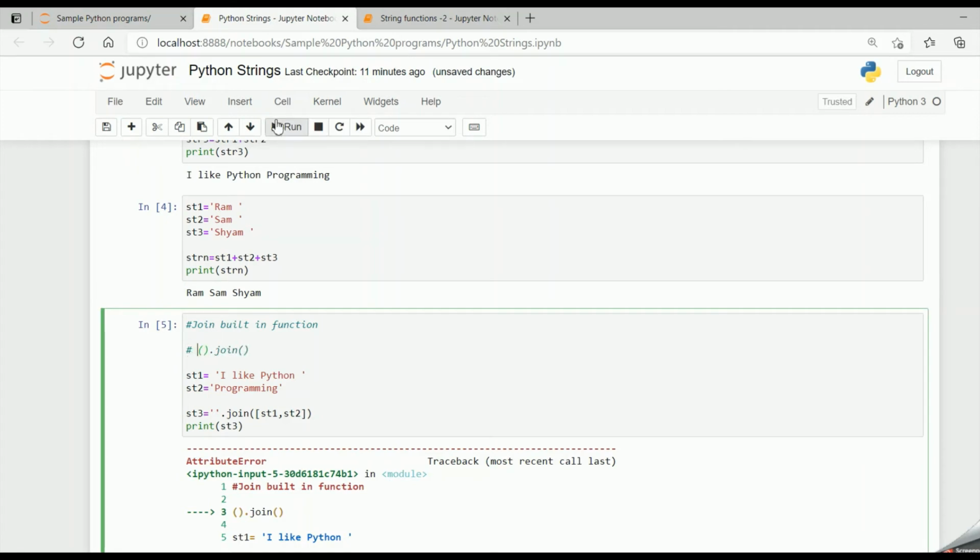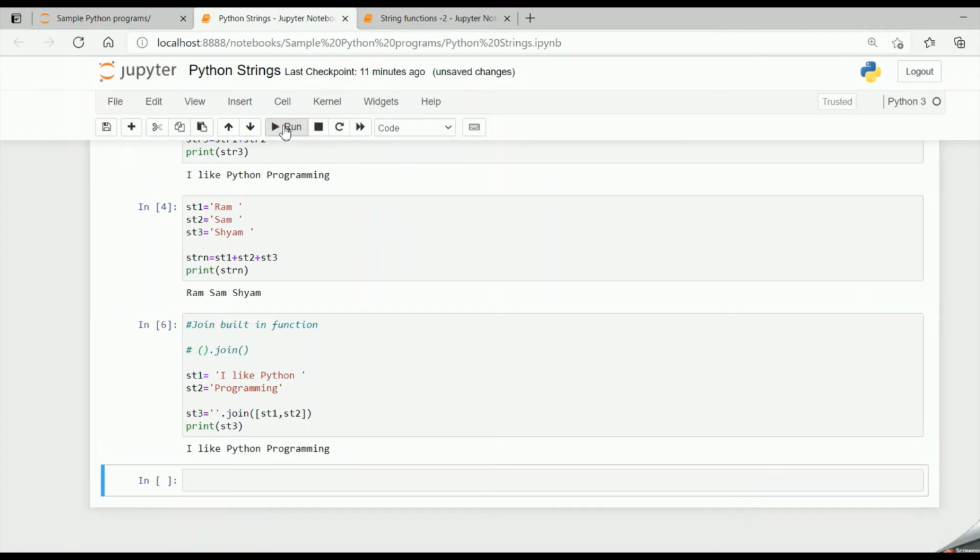Okay, now if I run the code, I get the result I like Python programming. So this join has combined st1 with st2, and the result is I like Python programming. It is just like concatenation. So this is the second method of concatenating.